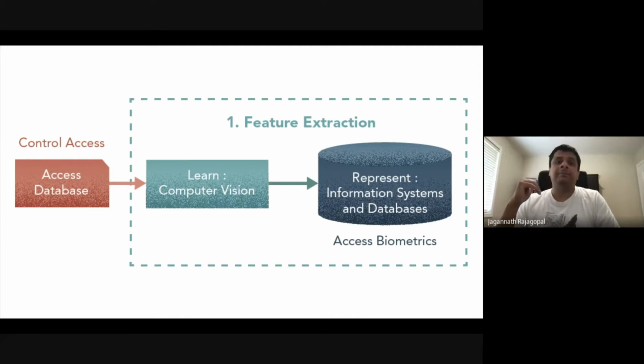Towards that effect, we wanted to use biometrics in order to simplify the representation and improve trust in the model. So that's the background to this. With that in mind, there's again two options for feature extraction. The first one is learning based. You could mine the database of access control. Now these are available in every building.